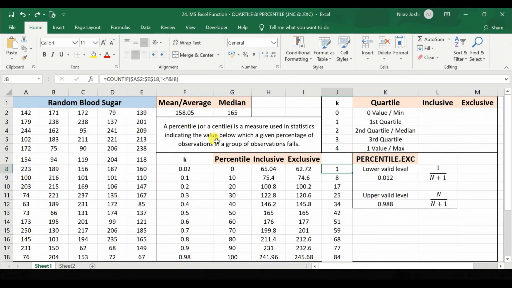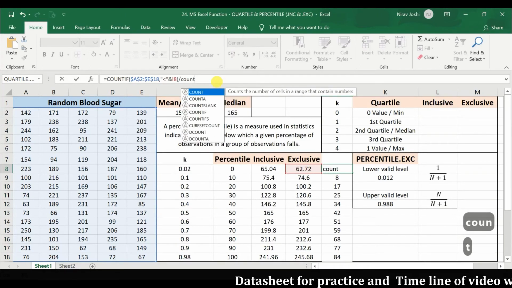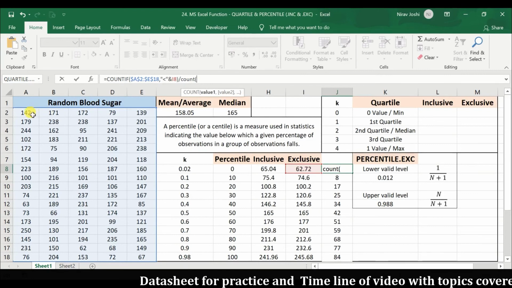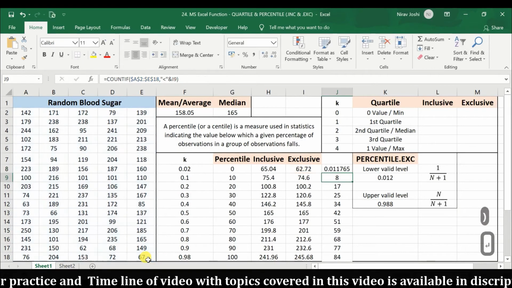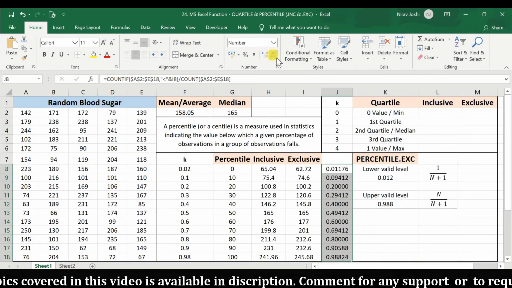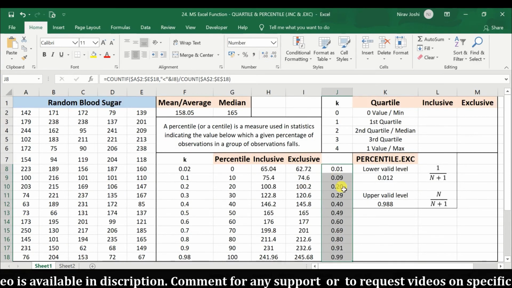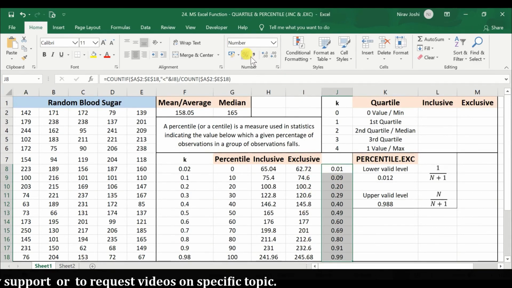Now to understand what this definition of percentile means, we would calculate the percentage of observations below this specific cutoff. As we have already calculated the number of observations below this cutoff, we will just divide it by the total observations or samples. So we will use the function COUNT in the denominator and make the range absolute, press enter, and then drag this formula downwards. So here we can see the proportion of observations which are below this specific cutoff. If you go into the percentage format, it is showing percentages like this.